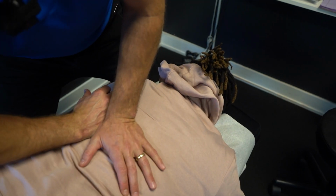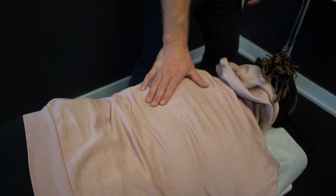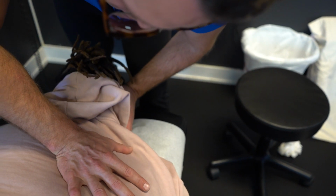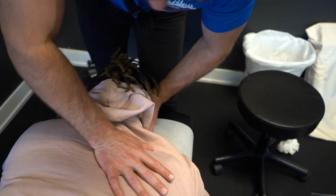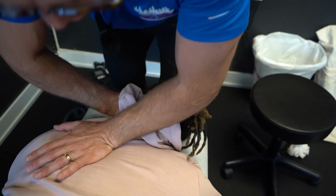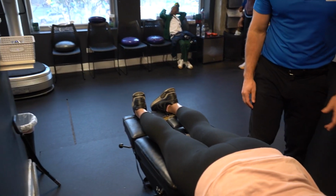Nice job, D. Then into this mid-cervical or thoracic spine. Well done. Going to create a little bit of rotation up top. Relax and rotate. There we go, D. Relax and rotate. Good. All right, we're getting some good movement in those upper thoracics. We're going to adjust both the left and the right SI joint. You can see D's hip likes to shift up here. It's obviously contributed from